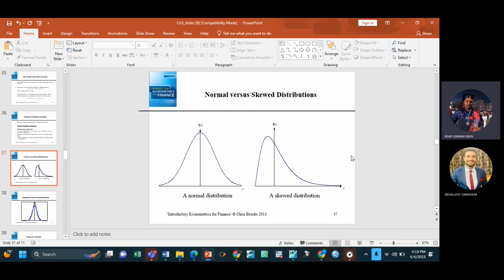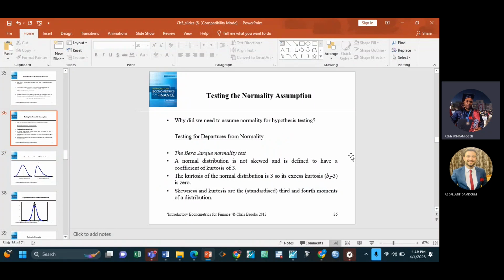So skewness and kurtosis are giving us an idea of the shape of the distribution. So when you bring together skewness, kurtosis, and sample size, you can perform the Jarque-Bera test if EViews is doing it for us. And with the Jarque-Bera test, you know the null hypothesis is telling us that it is normally distributed. Alternative is telling us that it is not normally distributed. So we perform the test. You just check the probability value, and you can make the decision. And you can check it in the graph from the line.